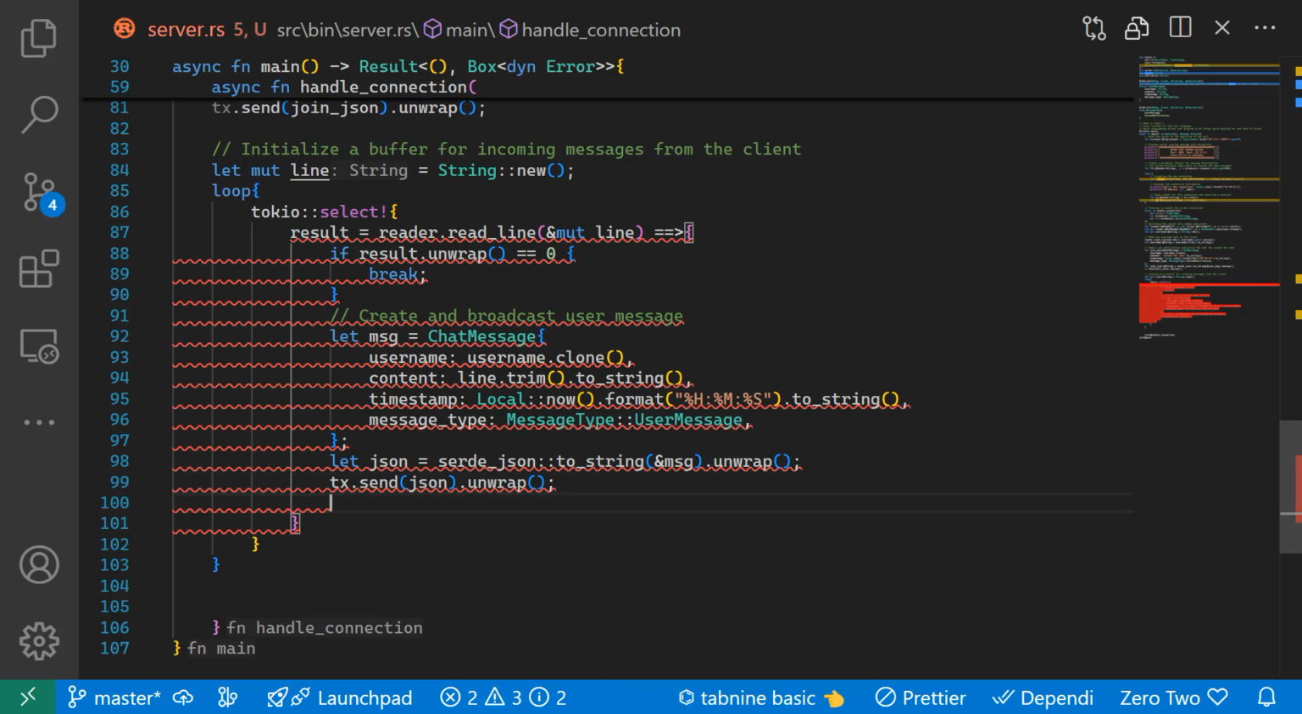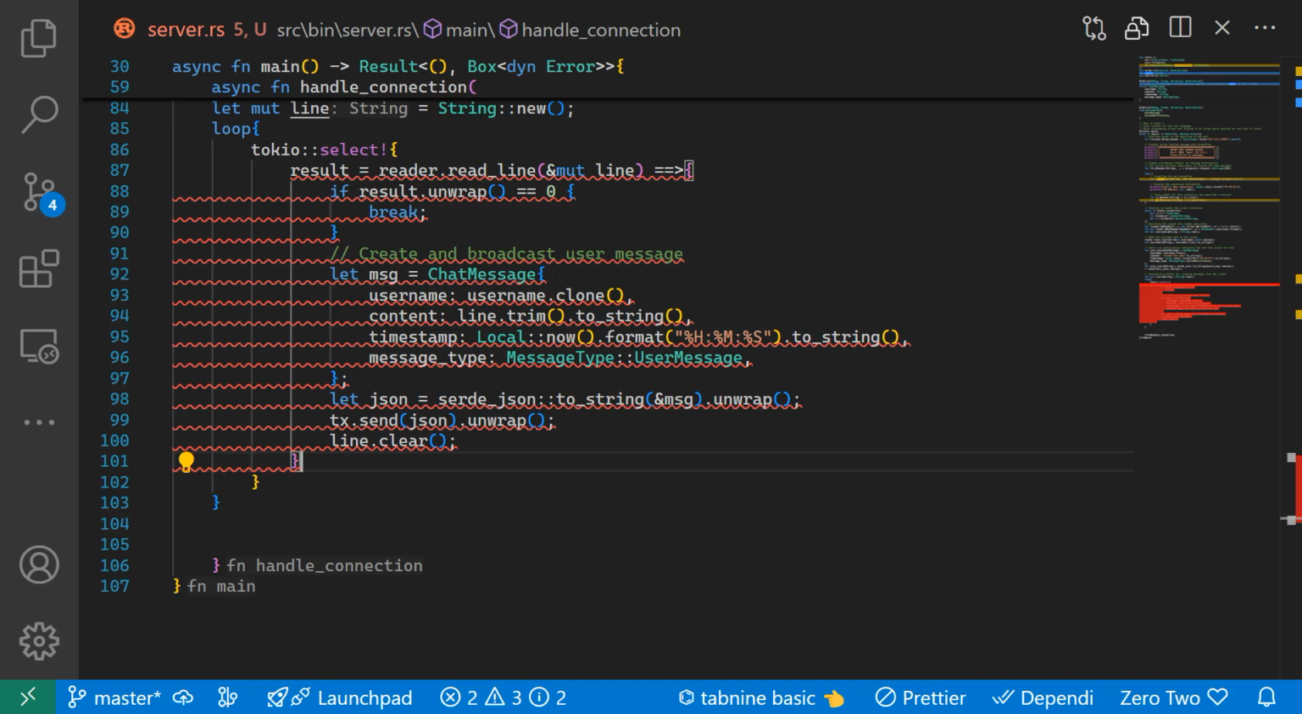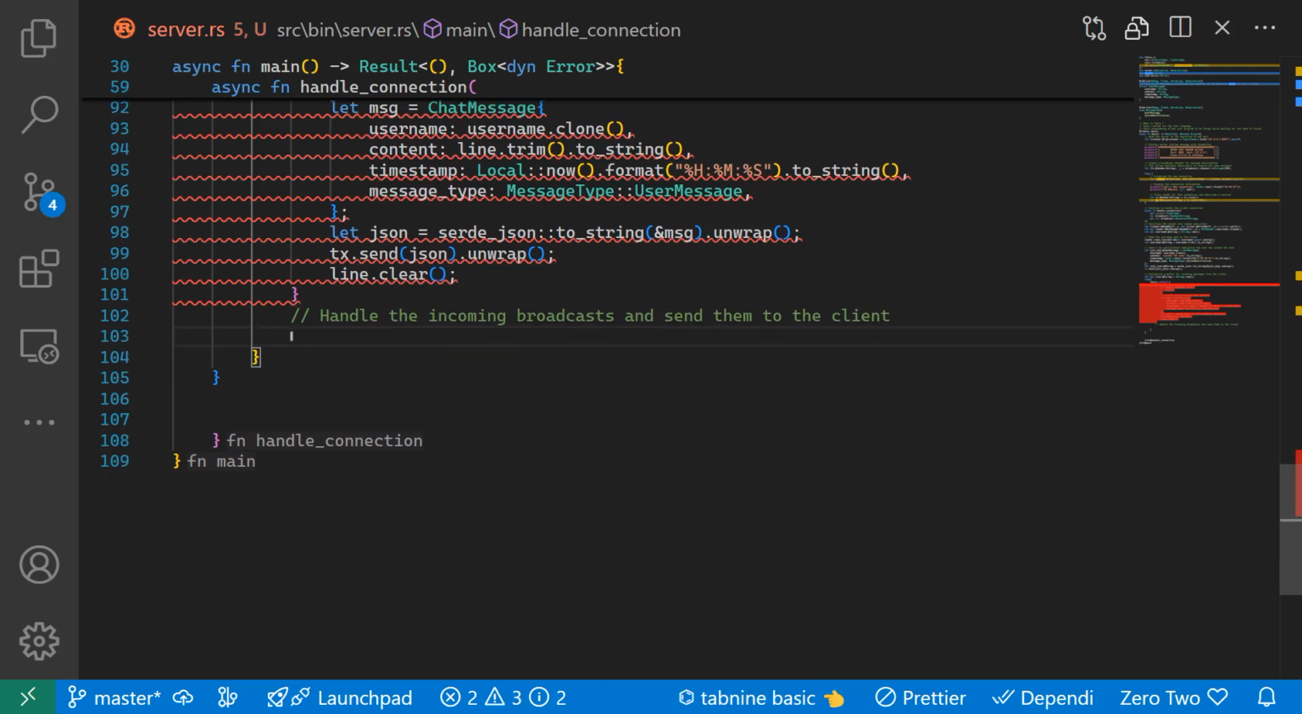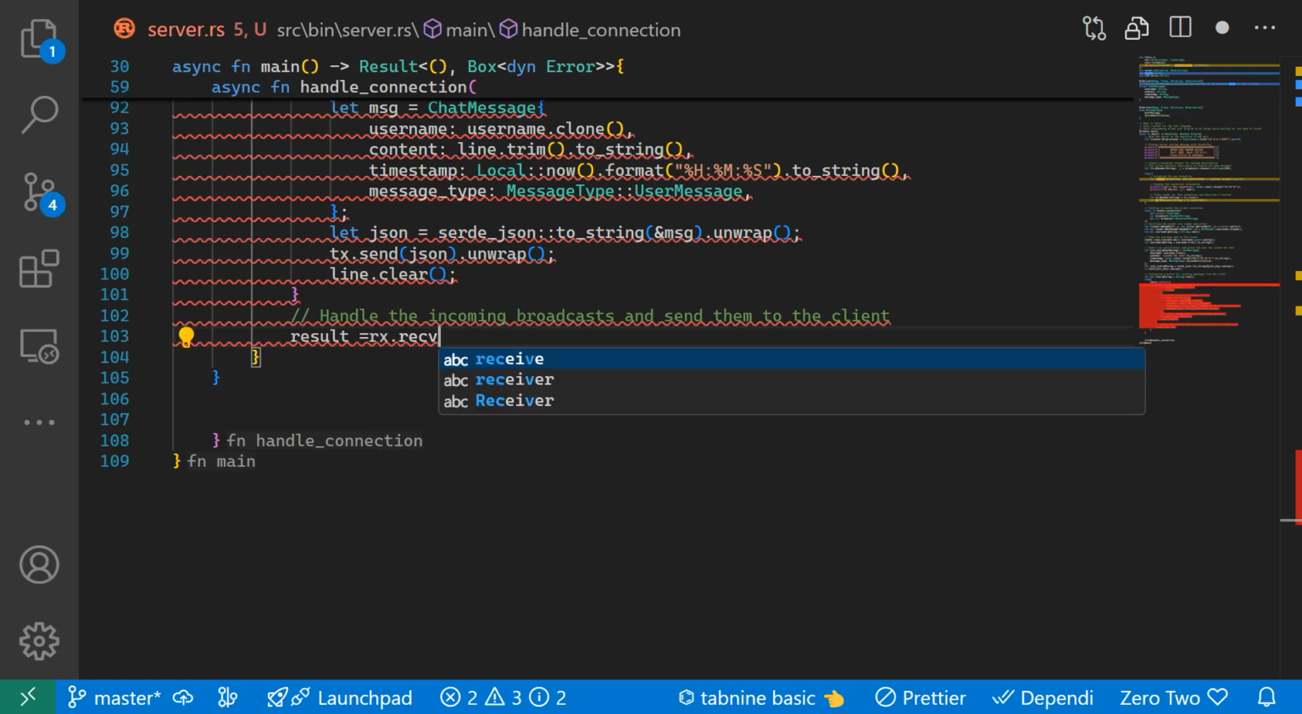And also I want to clear the buffer for the next message, so I will clear the line, rather. So line.clear. And then the last thing in that loop that I want to do is to handle the incoming broadcasts and send them to the client. So the result here is equal to the receiver.receive